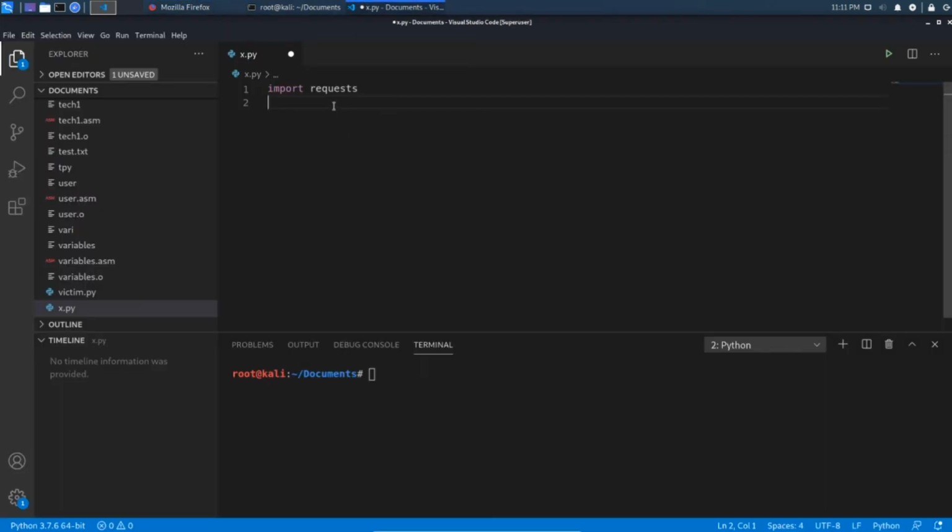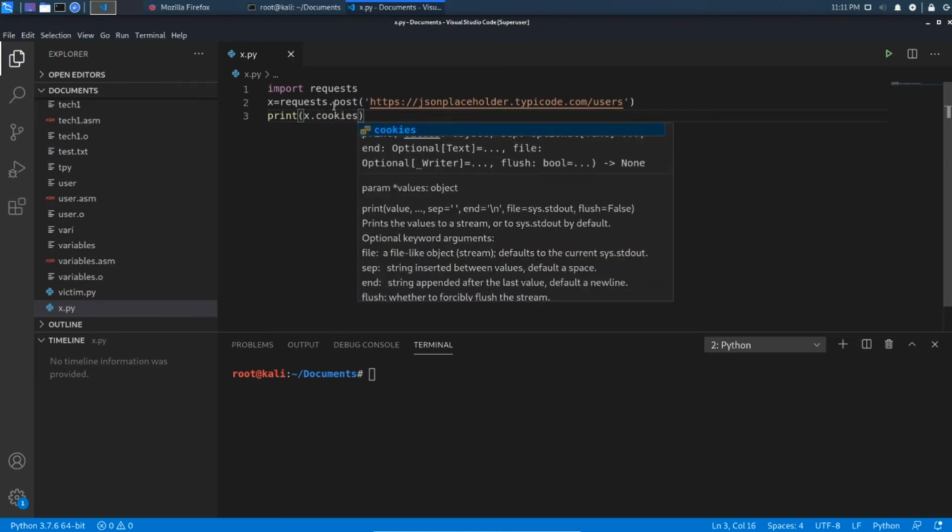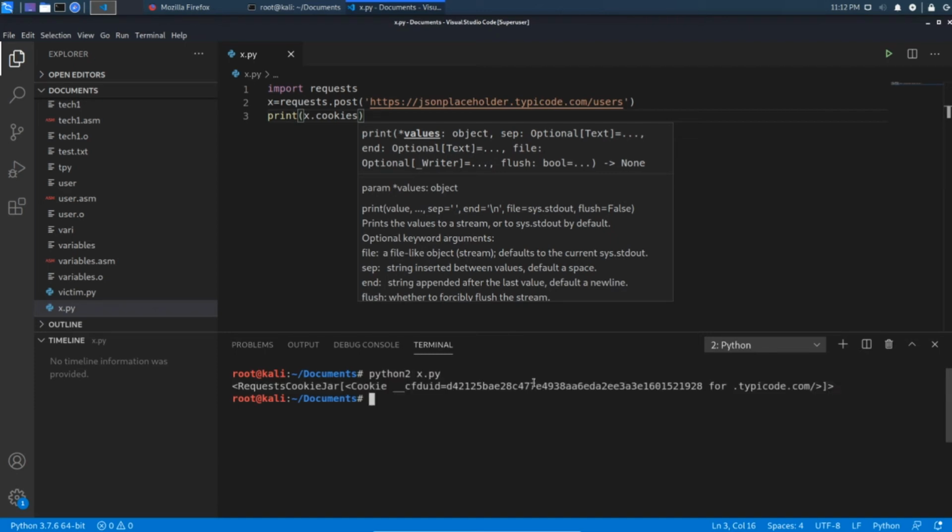x equal to requests dot post of URL. Okay, URL completed. If you want to get the cookies, then you can use the x dot cookies method. It will print the cookies for you. Python 2 x.py.